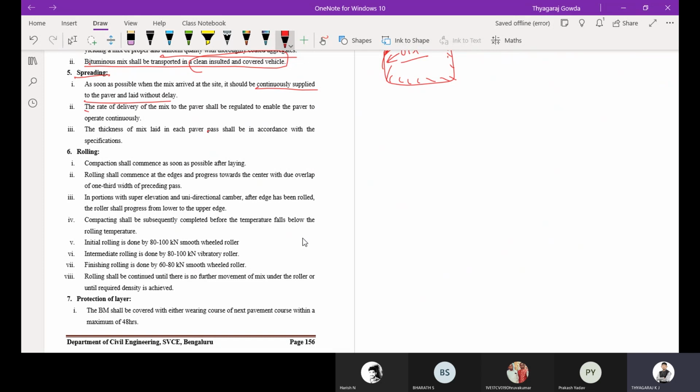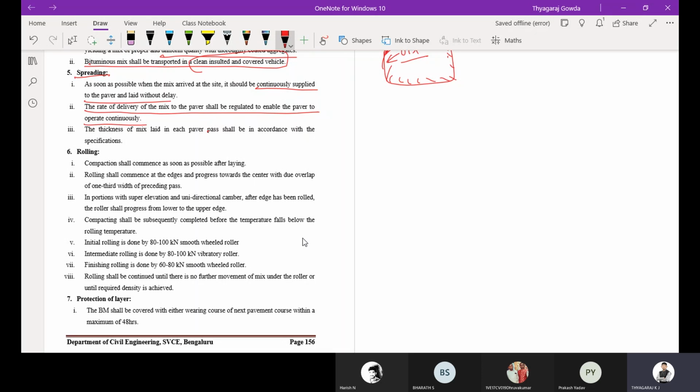The rate of delivery of the mix to the paver shall be regulated to enable the paver to operate continuously. There should be no idle condition for the paver.